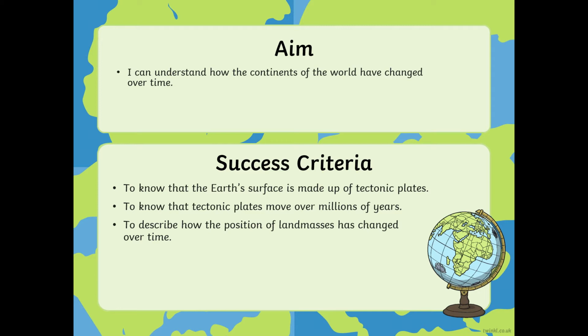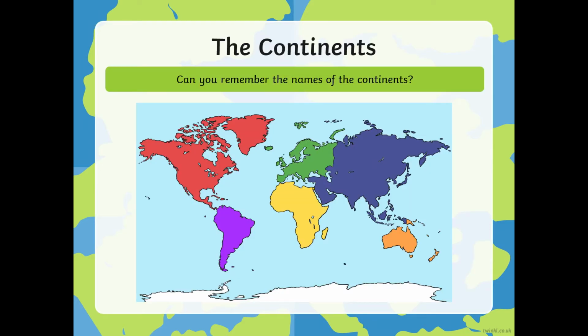We're going to know that the surface is made up of tectonic plates and that they move very slowly over millions of years and cause changes in the land masses, things like mountains, earthquakes, and also valleys, and sometimes chasms like the Marianas Trench. So first things first, pause the video,